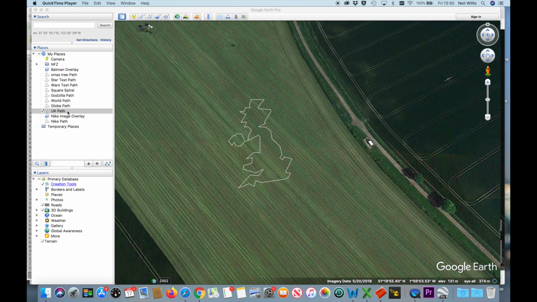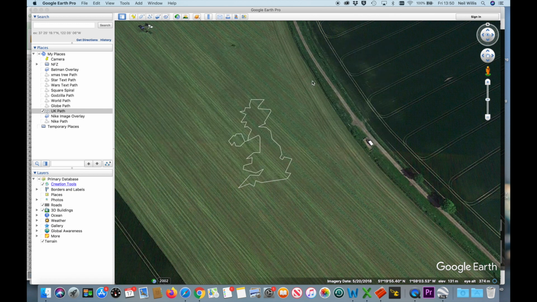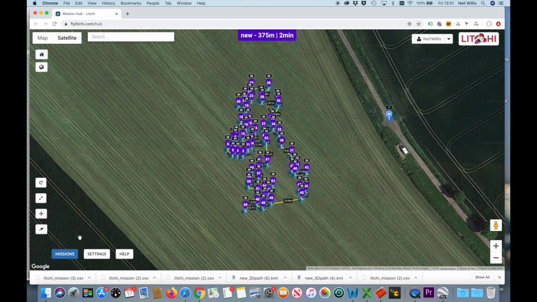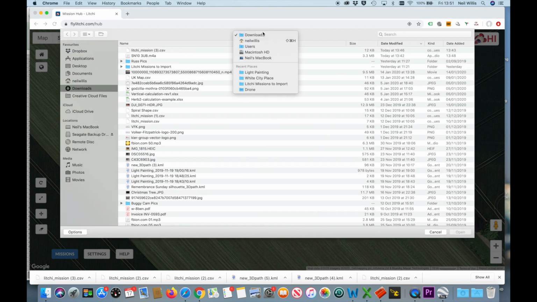So save it as a KML file. This is one I did of the UK the other day. I'm going to save this, and I'm just going to replace the old one. Once you've saved that, go into the mission hub and we're going to import from where you've saved it,